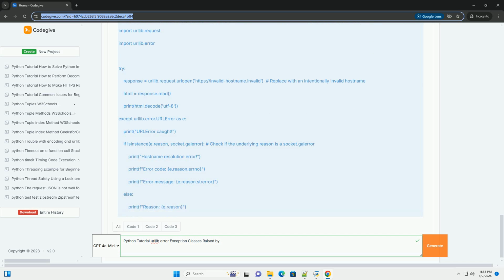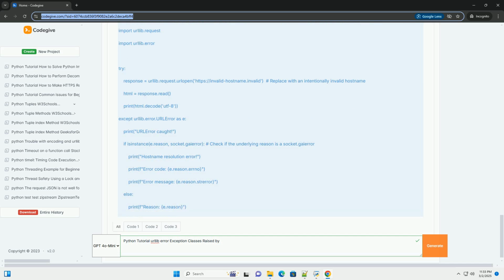getURL returns the URL that caused the error. Here's an example of catching an HTTP error. Explanation: 1. We attempt to open a URL that is likely to result in a 404 error. 2. If an HTTP error is raised, we catch it and print the status code, reason phrase, and the headers